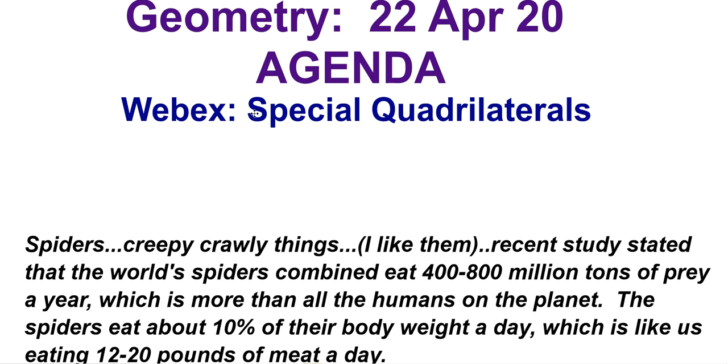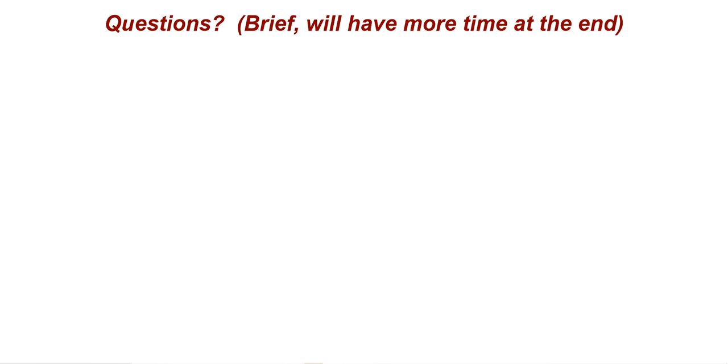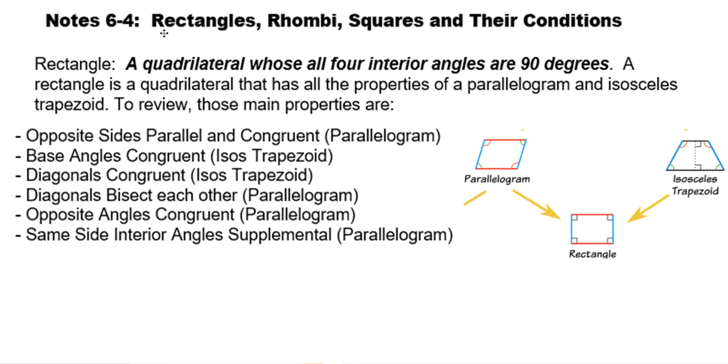Going to run over our special quadrilaterals, and we're going to focus on rectangles, rhombuses, and squares. So let's go ahead and get started. For rectangles, what we have here is a quadrilateral with all the properties